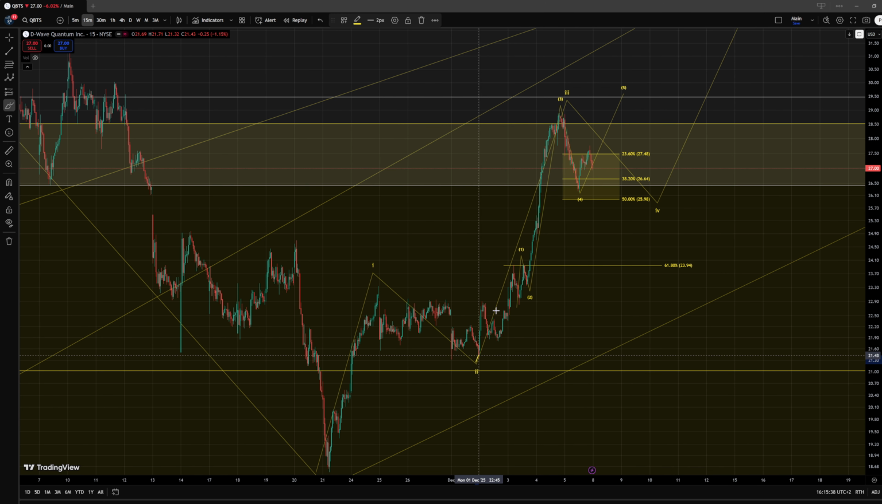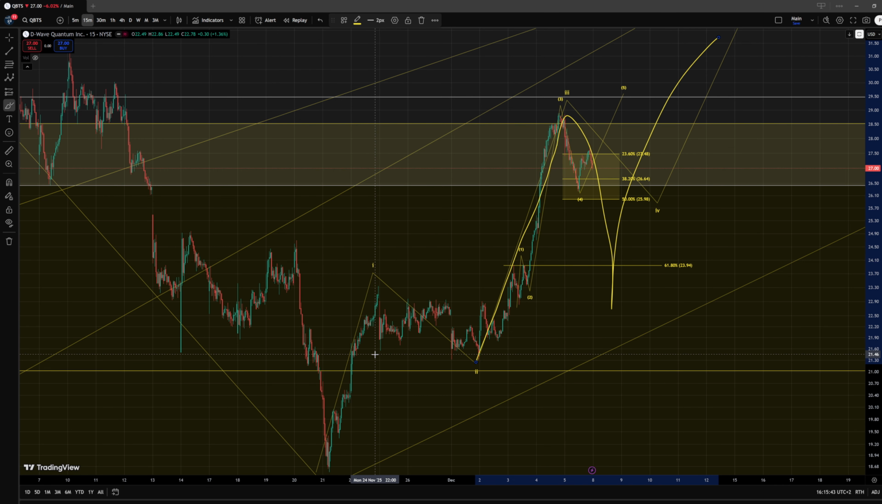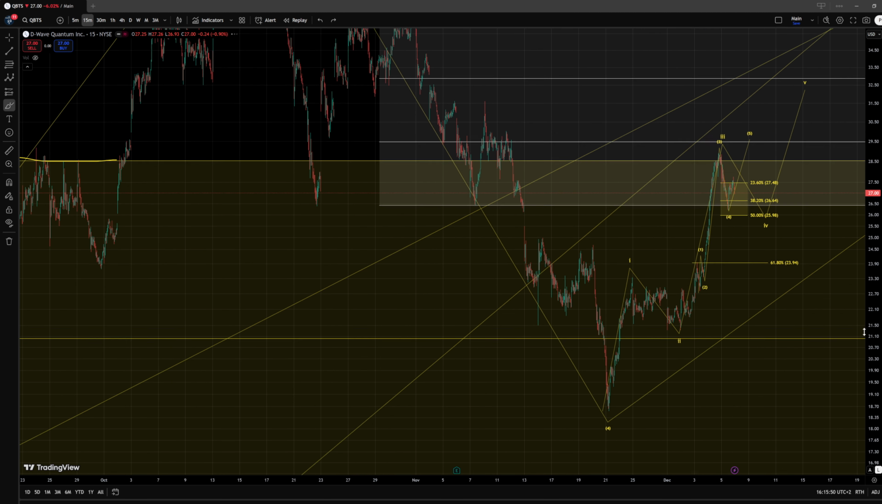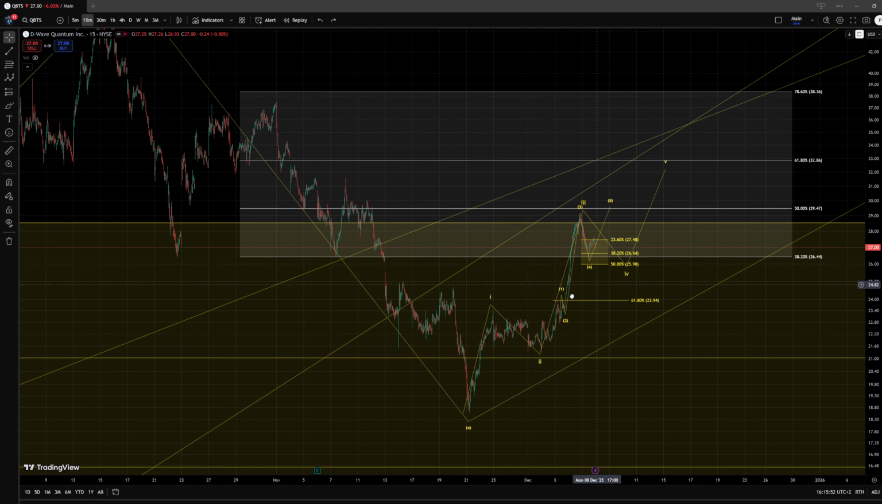Sure, it could work out for this to be an A wave of the wave 3 and have here a wave B and then a wave C to the upside, but it would be a very low probability interpretation for me, and I would be prepared actually rather for further extensions lower. Now, with that said,